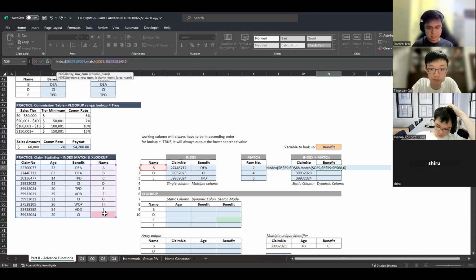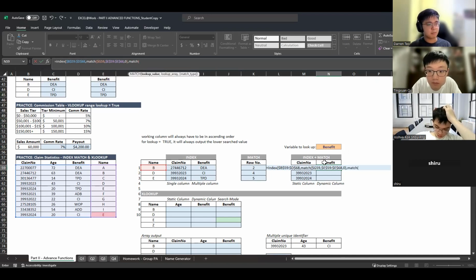And then the next one is my column number. What's my column number? I don't really know my column number, but I know that I have to follow the headings here. So let's try to do another match function over here. I'm looking up my particular heading here. My lookup array is these 3 columns here.